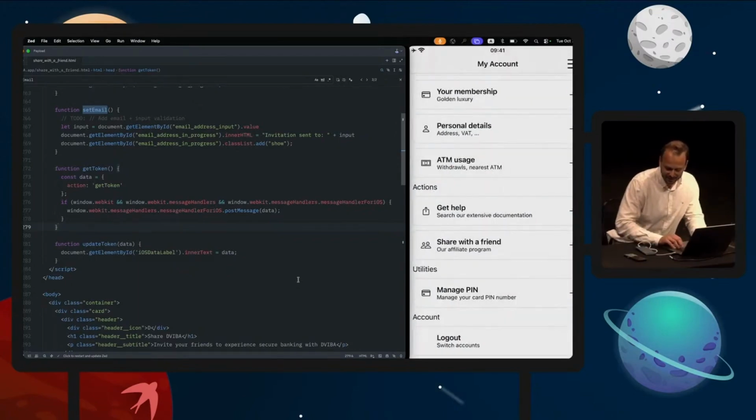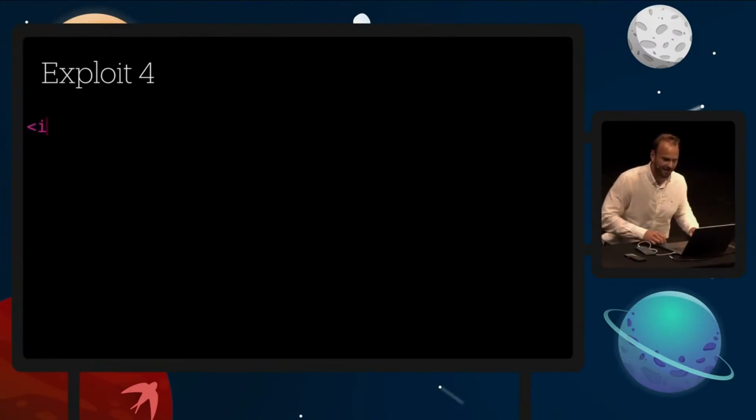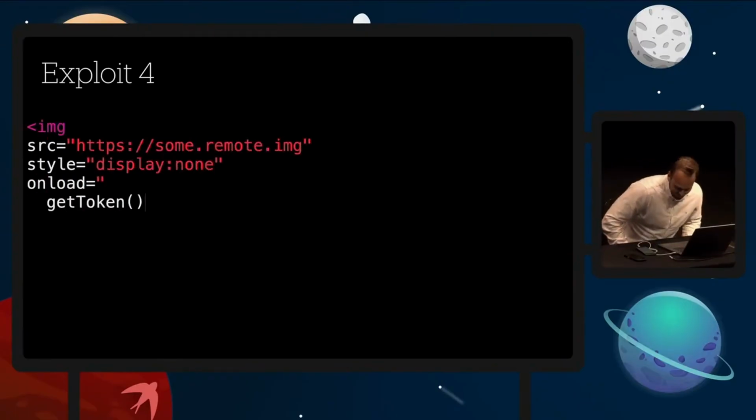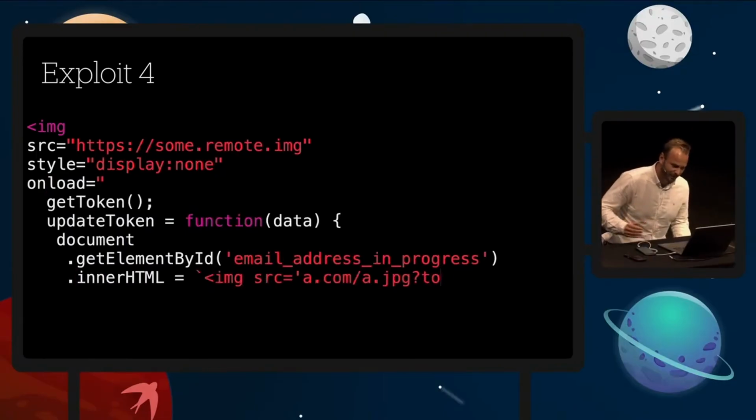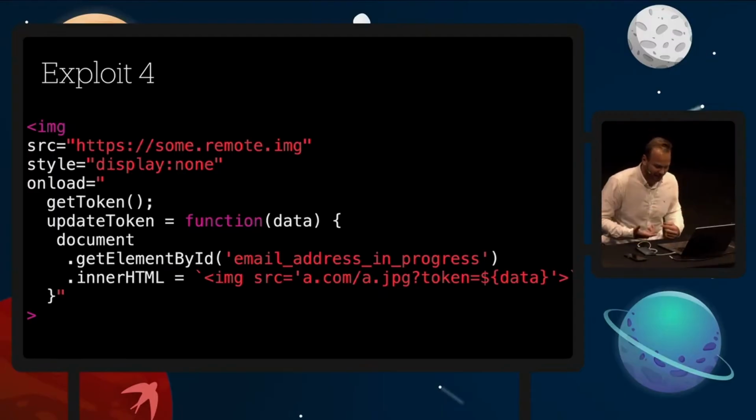Okay, so is there something more we could do? And the question obviously is yes. So what if we call the remote image, we don't display it again, and on load we would get the token, we would update the token, we would override the update token function again, then we would basically get another element from the HTML where we would yet again inject another image, which would be served from our own server, where we would be able to then pass in the data. So first thing that could come to the mind would be, okay, why can't I just do a network request call and send the token to my server?